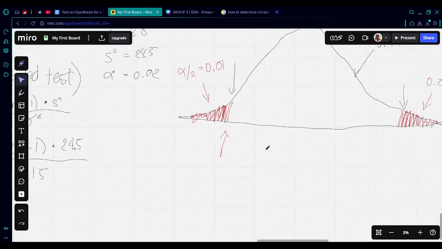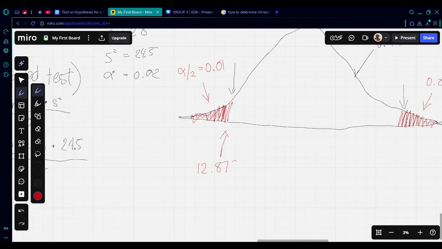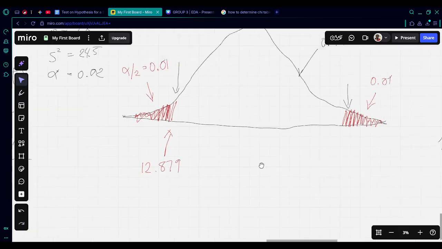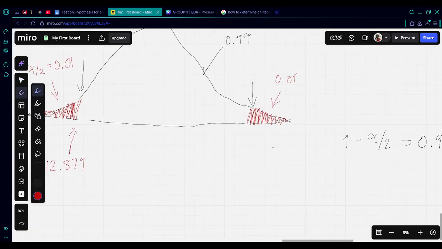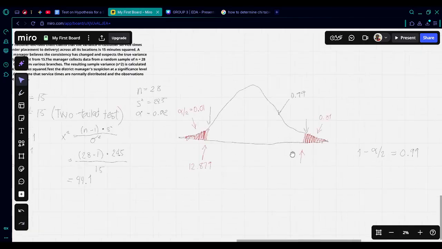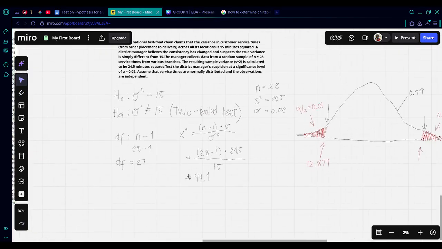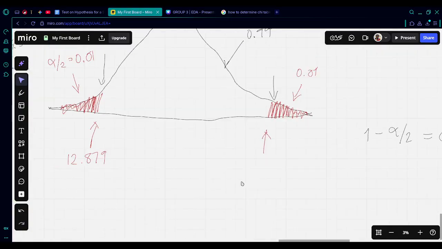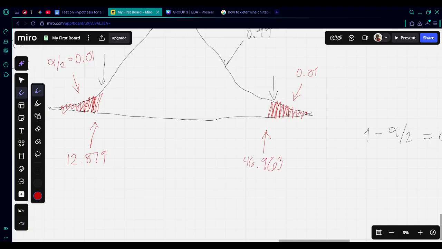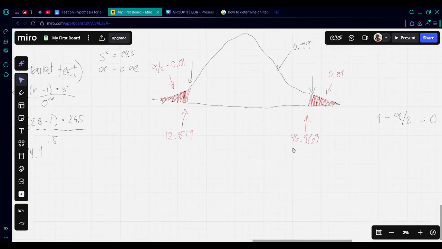And for our right tail, we have 46.963. So now that we have our critical values,